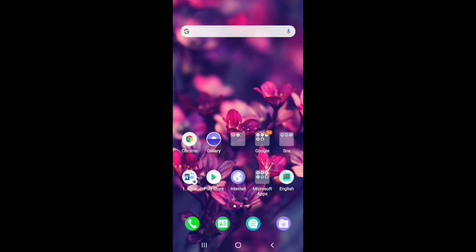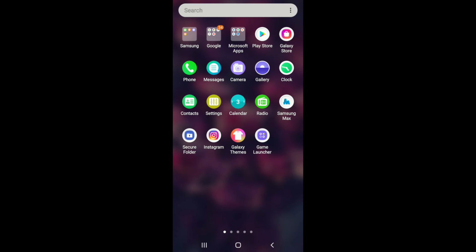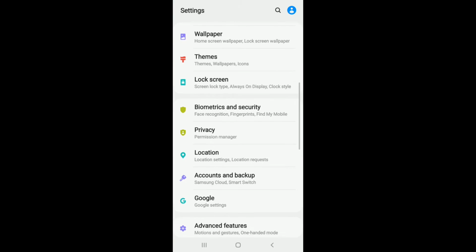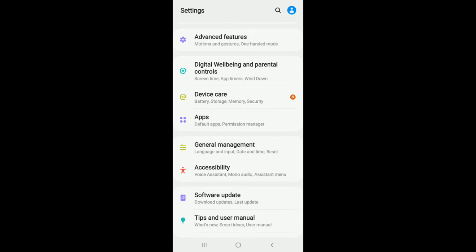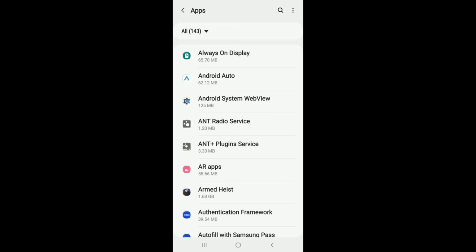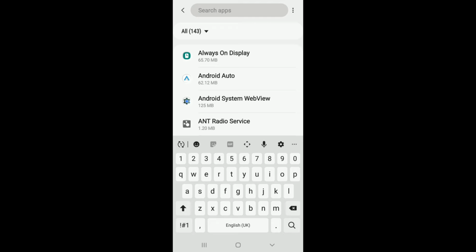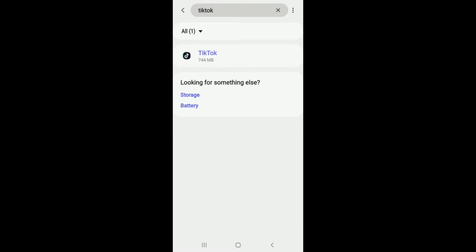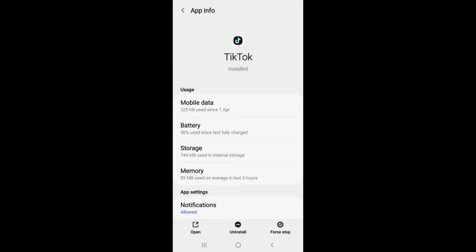Another fix you can try out is to force restart the app. In order to force restart the app, go to your app drawer and tap open the settings on your phone. Once you do that, scroll all the way down and tap on Apps. Now find the TikTok application from the list, or you can simply search for TikTok in the search box at the top. Once you find the app, tap it open and locate the Force Stop button